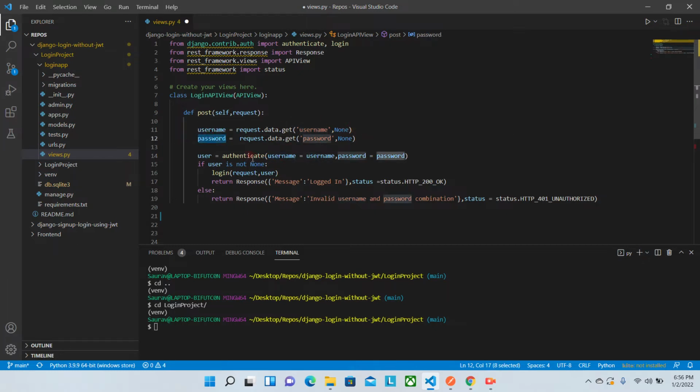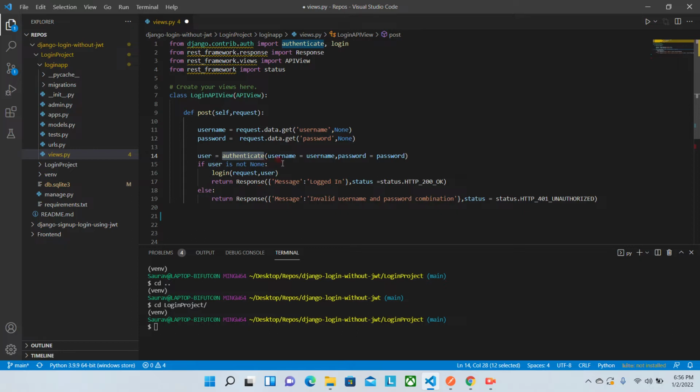There is an inbuilt authenticate method inside the django.contrib.auth module. This authenticate method will check the username and the password that we are providing against the user model. The user model is where all the users' credentials are stored. I have already discussed this in the sign-up API.